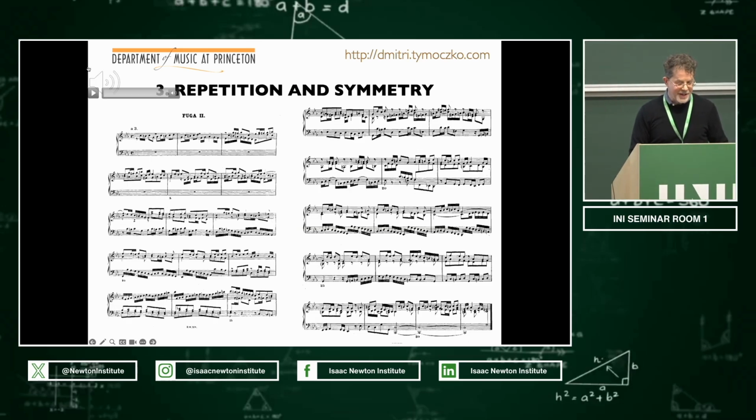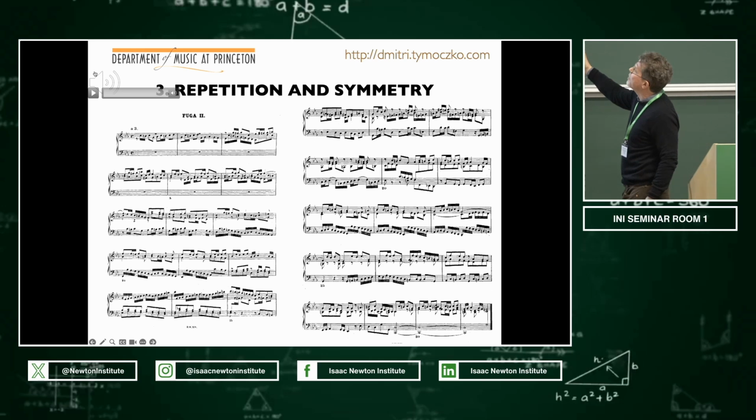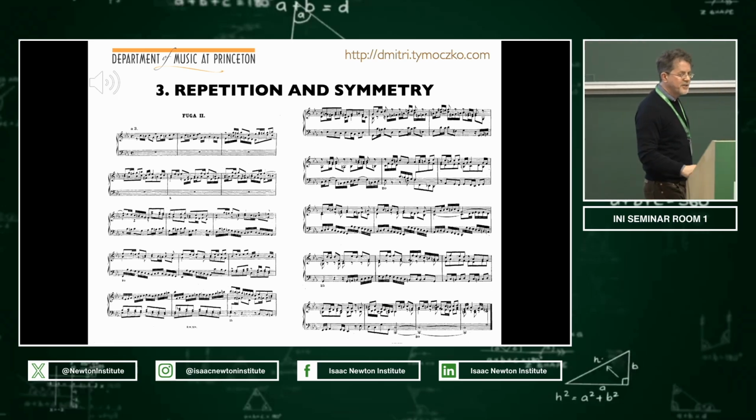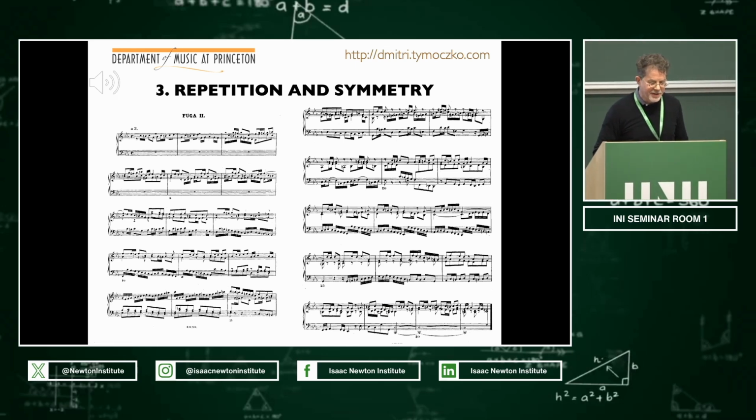So to illustrate that, here's a stretch of music. This is the C minor fugue from Bach's Well-Tempered Clavier, Book 1. I'll play just a little bit of it because